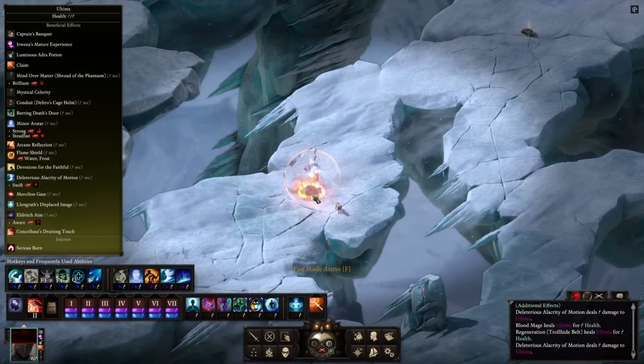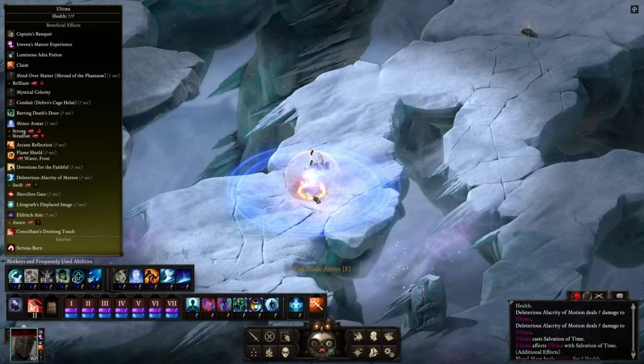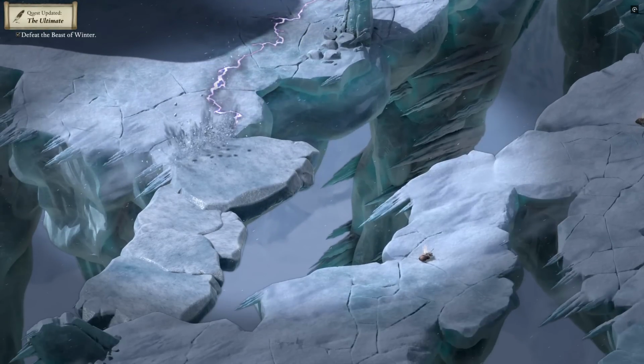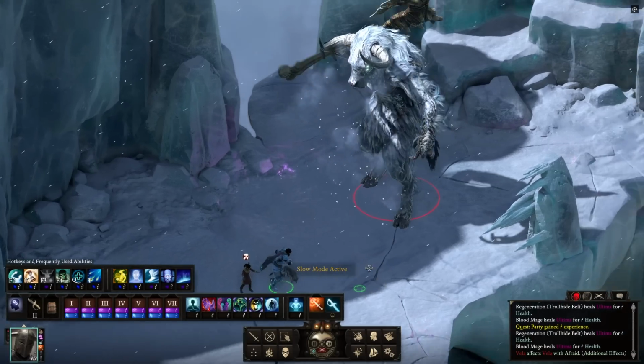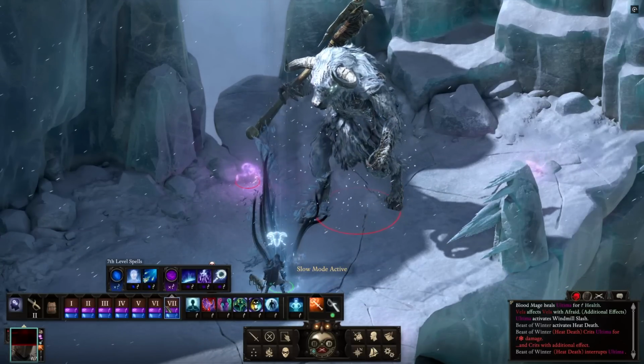Once all of the enemies in this area are dead, as long as we've been over to the far left area, we should actually immediately be pulled into a cutscene with the Beast of Winter, Rimmergan's avatar. What's going to happen here is that we are going to incite a fight with this thing, because we have to kill it as part of these challenges, and this is very tricky,